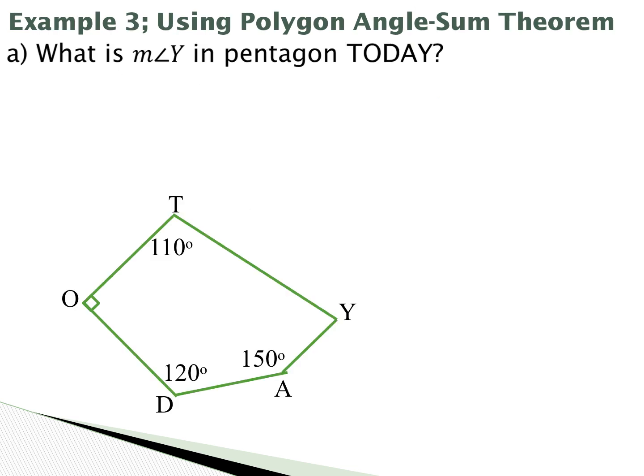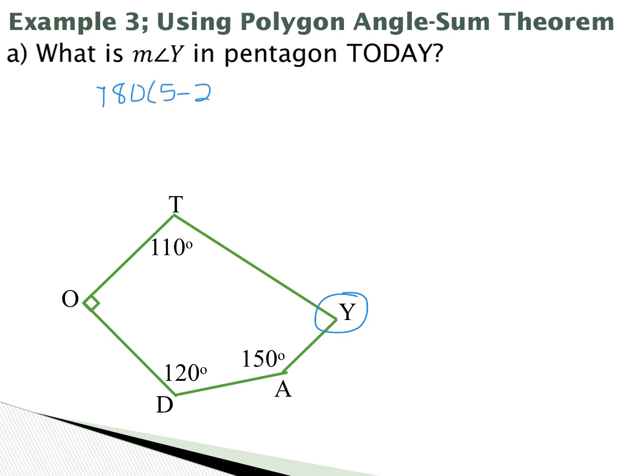This next one, we're asking a slightly different question. We're asking for the measure of angle y. In this pentagon, 1, 2, 3, 4, 5 sides, 5 angles. So we're looking for y right here. We're going to add them all up and set them equal to the sum of the angles of a pentagon. So the sum of the angles of a pentagon would be